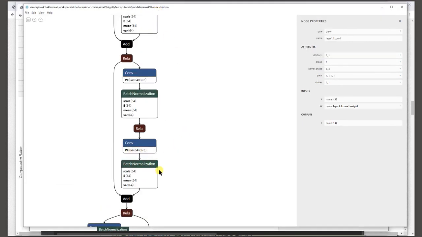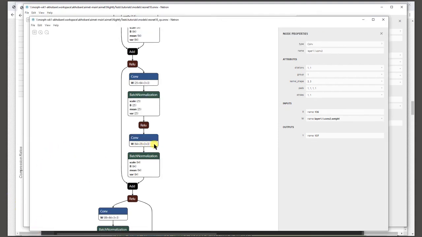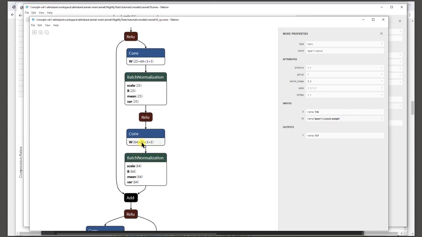It was 64 by 3 by 3, and obviously the kernel height and width remain the same, but instead of 64 input channels, now this has 25 input channels. Quite a few of the input channels have been pruned, and you can see this percolates up, like the batch norm